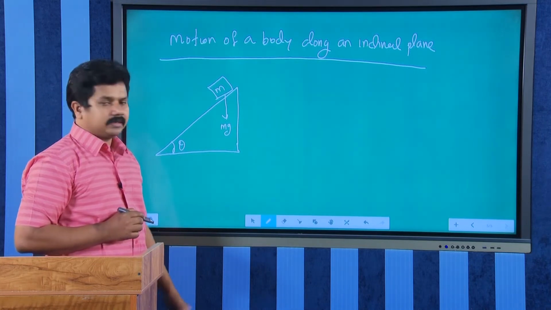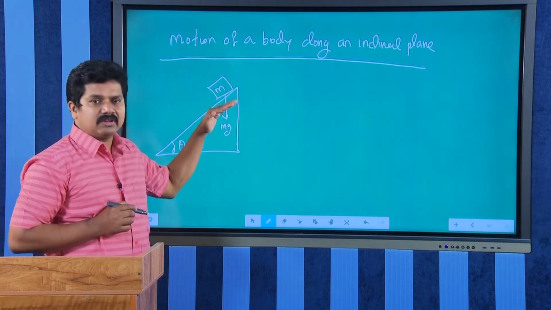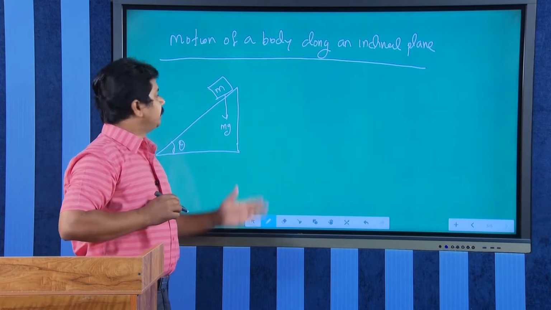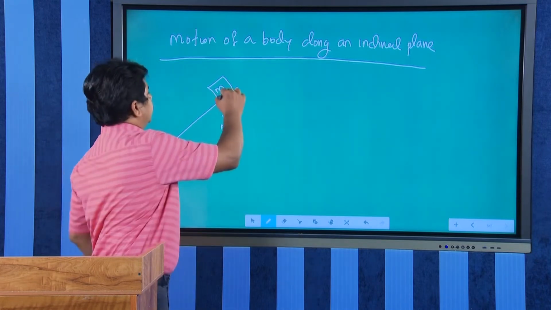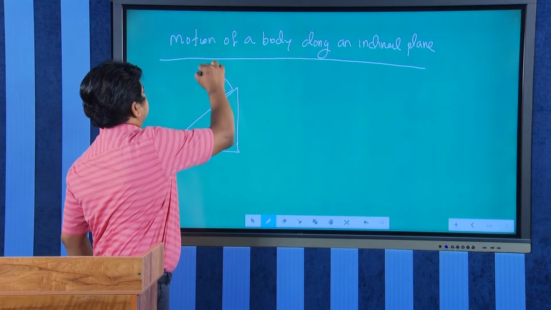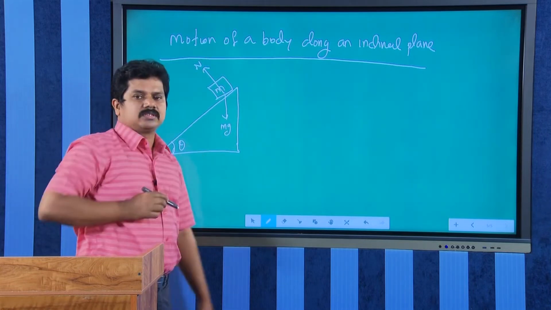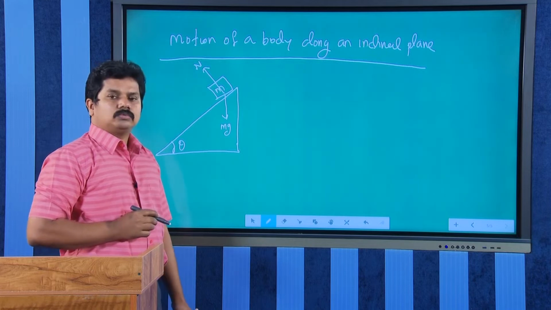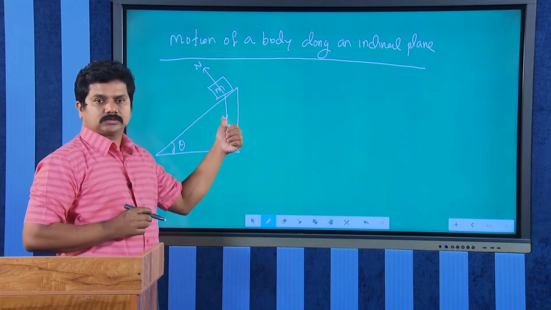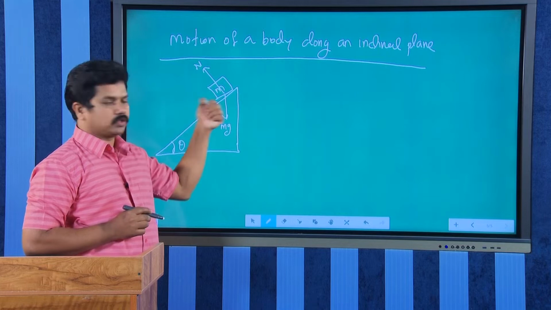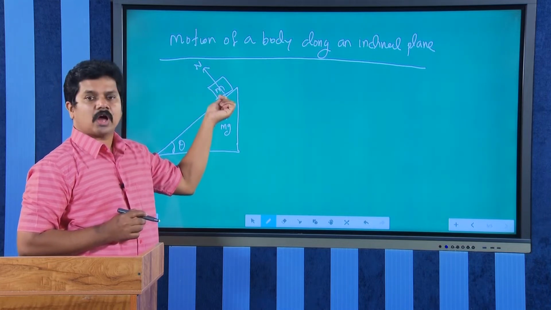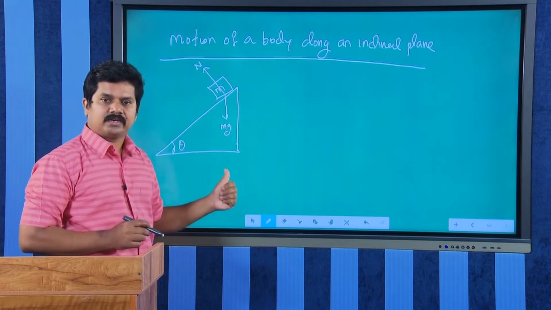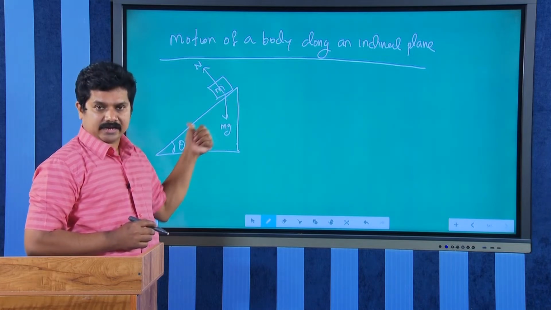Okay. Then definitely the plane will apply a normal reaction. The normal reaction will be perpendicular to this plane, right. That is, this is the direction of the normal reaction. Okay. Now, we can resolve these forces along the plane, along the motion. That is, we know this block will slide down, right. There is no friction at all. So, definitely this block will slide down.